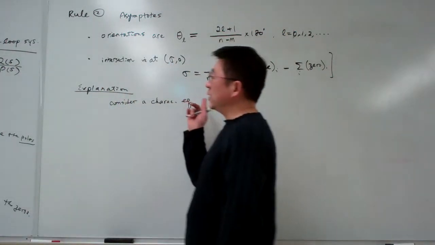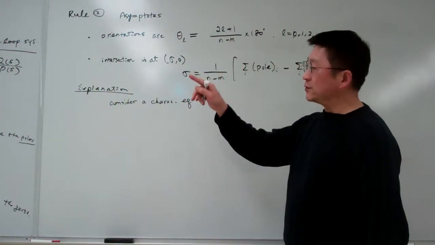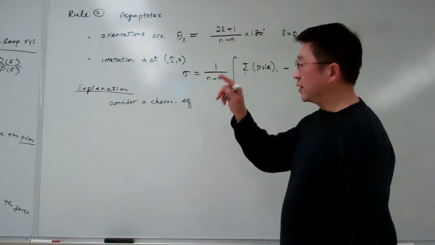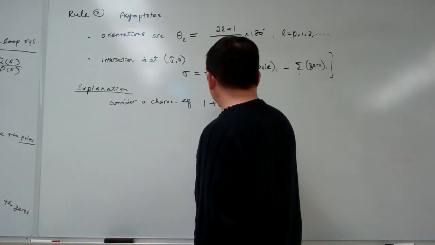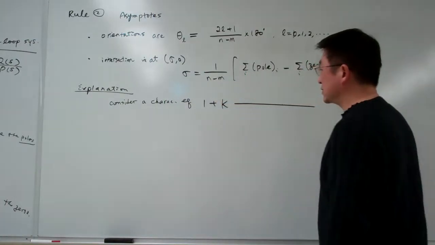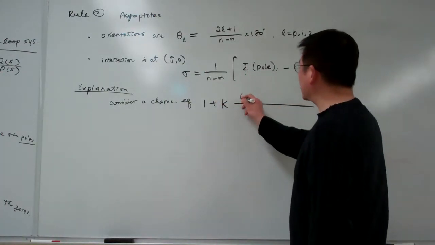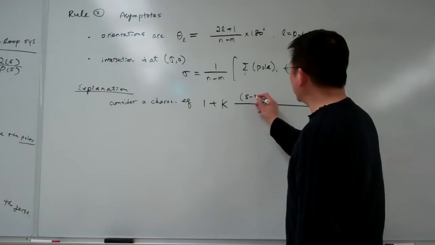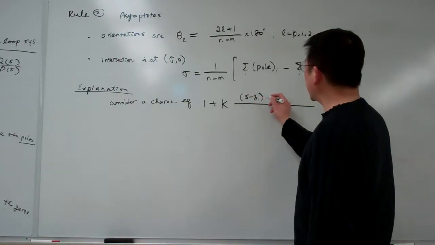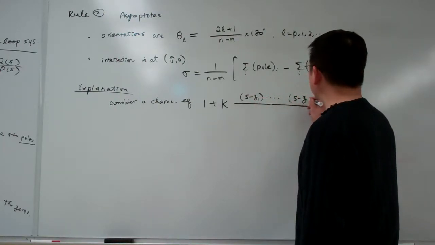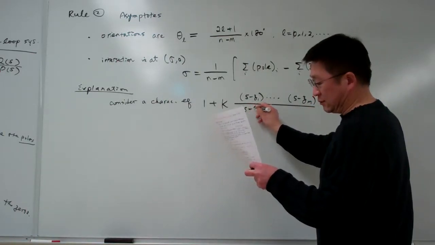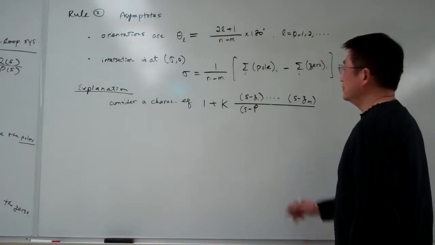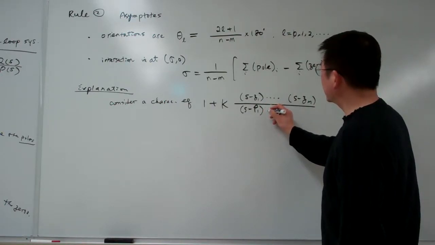But now to explain this, I want a better and more detailed description for P and Q. So here I consider K. For example, Q can be factorized into S minus Z1, that is the root, up to S minus Zm. And for the poles here it is S minus P1